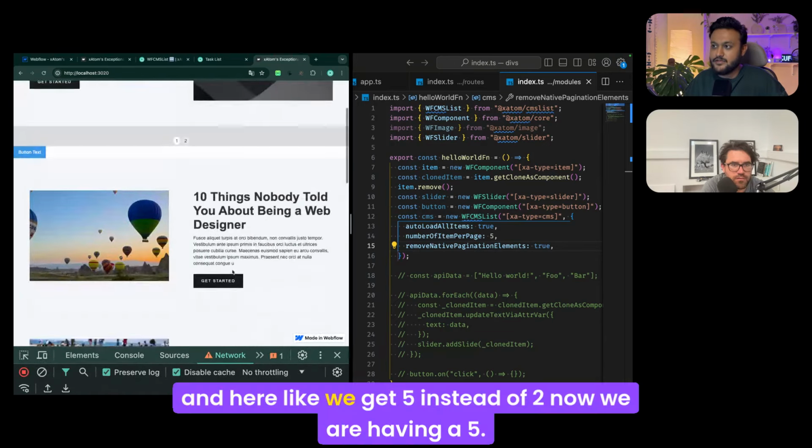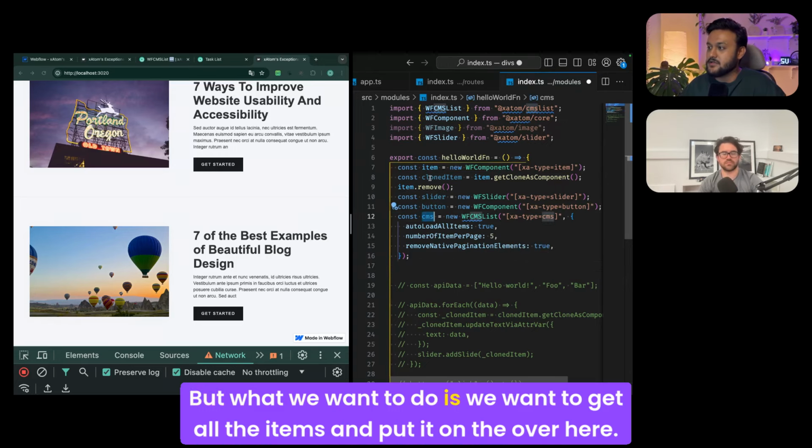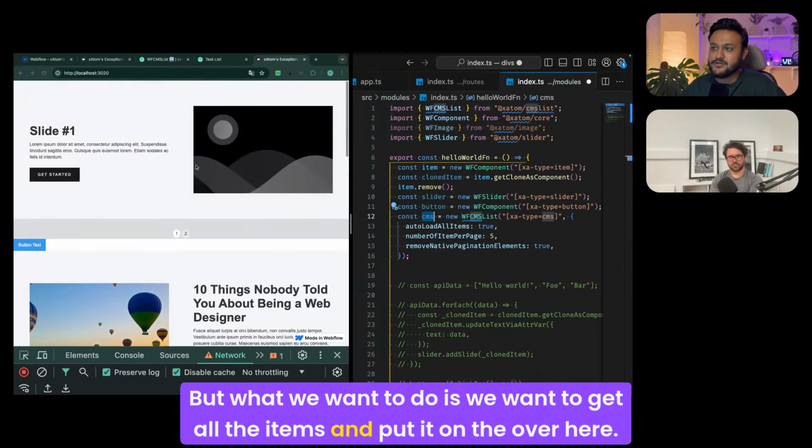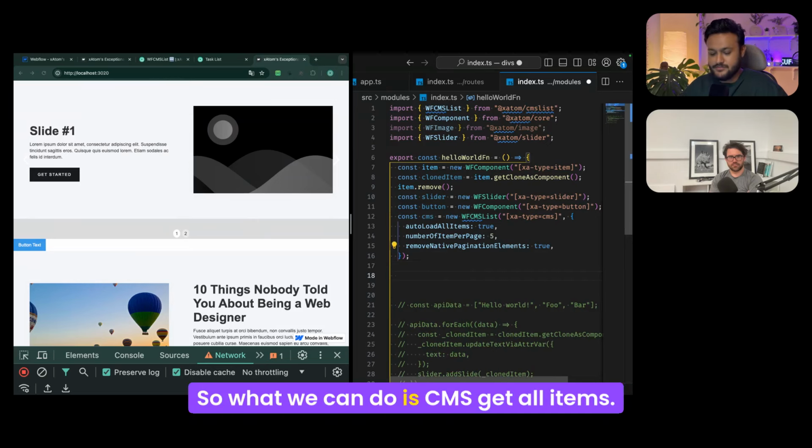And then I can again just use a button to go to the next page index. So if you have your custom pagination, you can basically do it. But what we want to do is get all the items and put them over here. So what we can do is